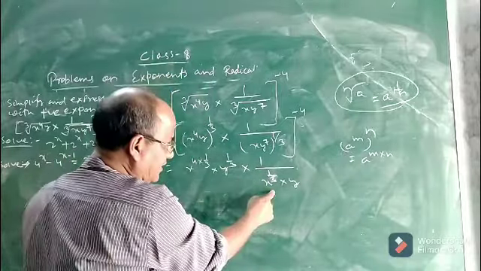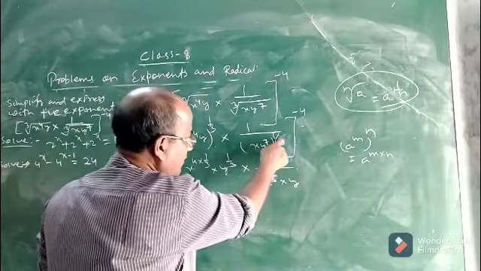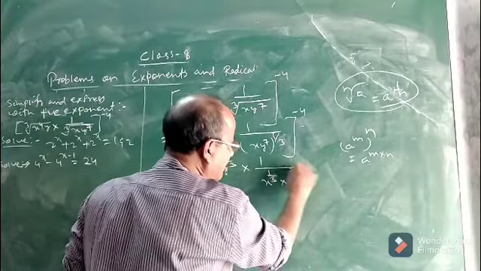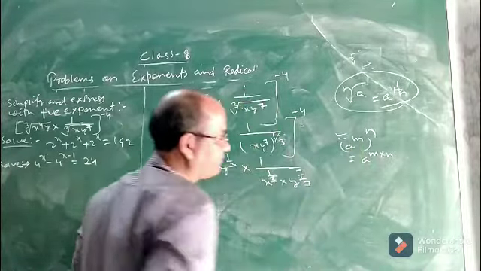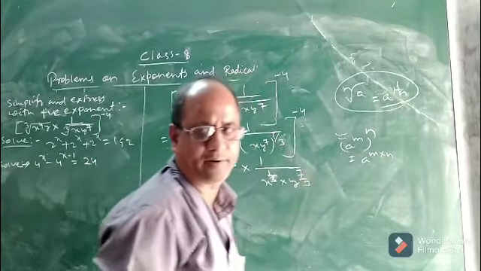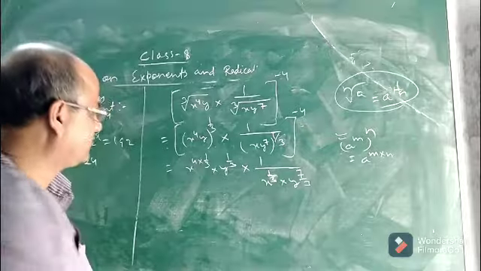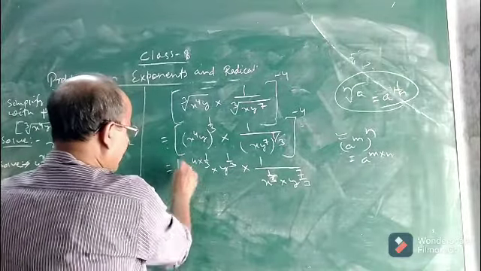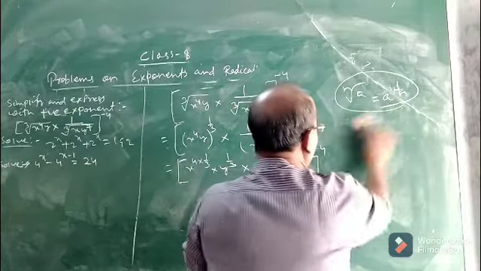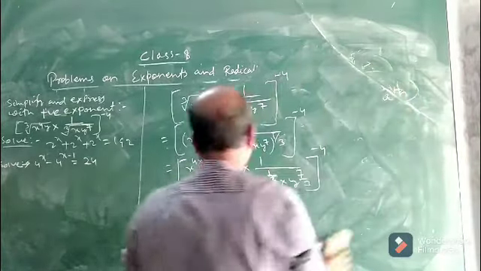Okay. So this will be equal to x to the power 1 by 3 into y to the power 7 by 3, by this formula. By the formula a to the power m whole to the power n equal to a to the power m into n. Okay, so this is our second step. Next, this will hold to the power minus 4. Okay. Now what will we do next?